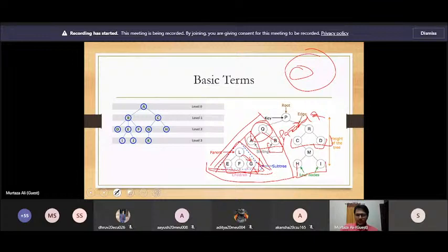Now we move on to levels. Forget this key for now. It's kind of a gray area, because we might cover it in future, but it's not the plan right now. So let's come to another thing called levels. So what are levels? In a tree, for example, that hierarchy we saw just now,